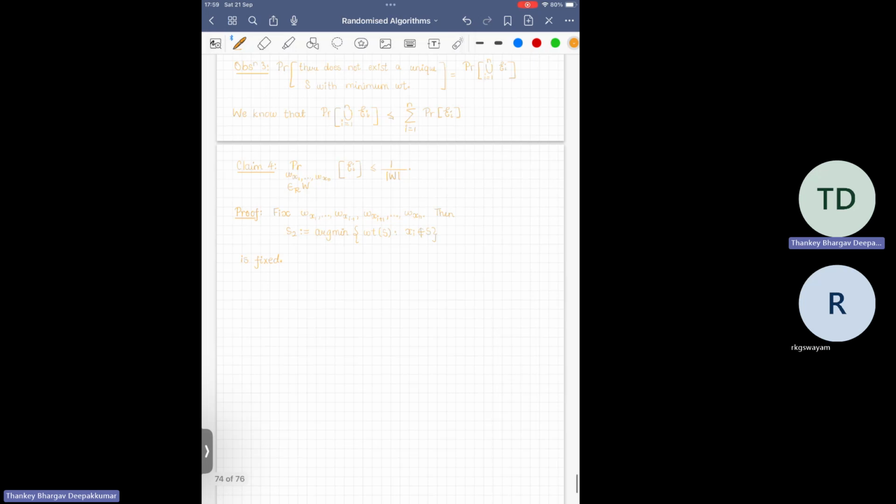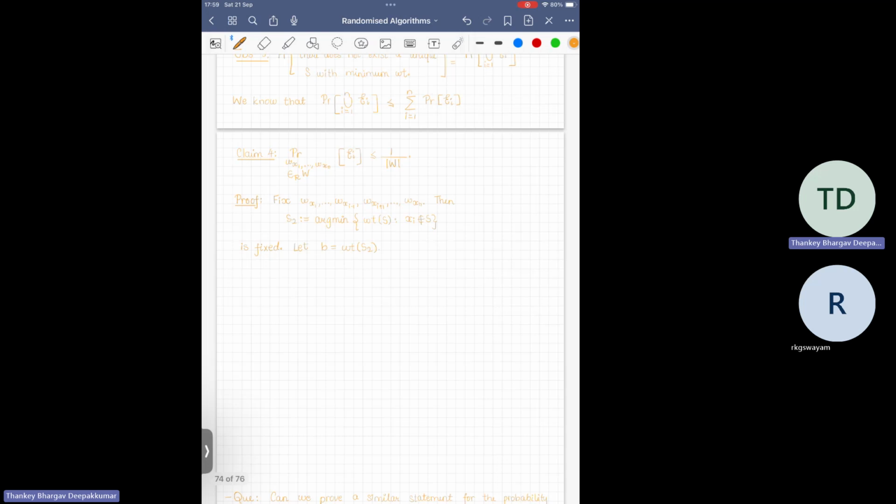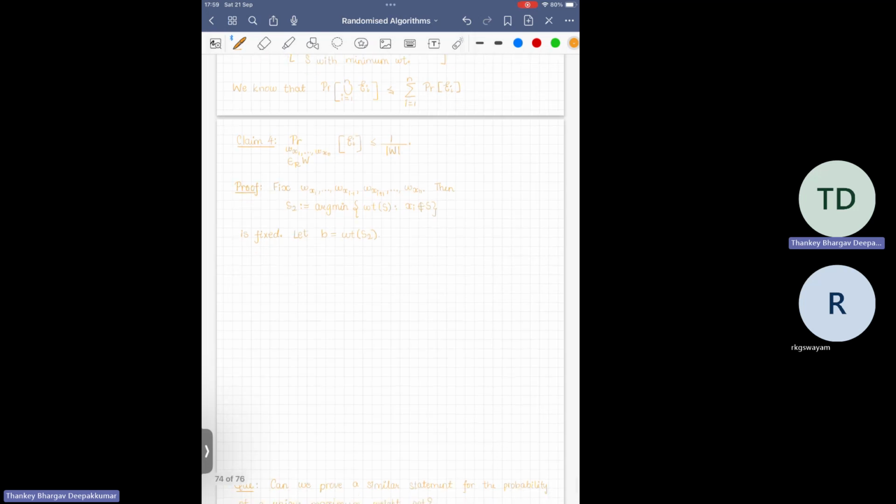So that's why S2 is fixed. Let B be the weight of S2. By assigning weights to everything other than xi, S2 became fixed. Now let's look at S1. So my claim is also